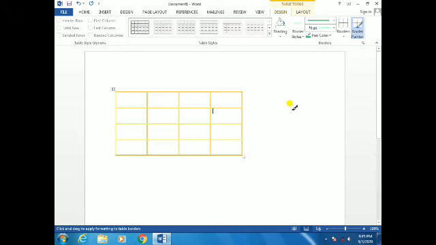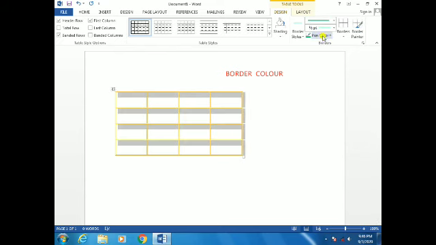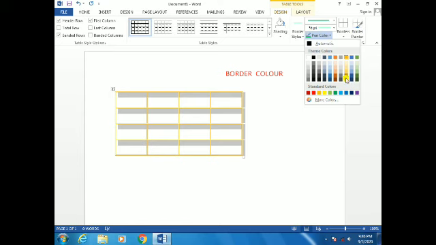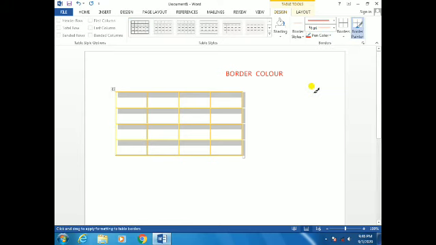Now I will teach you how to change the border line color. Now border line color, border color. Okay, here you can see many things, but if you select the color first and after that draw, it will not come.